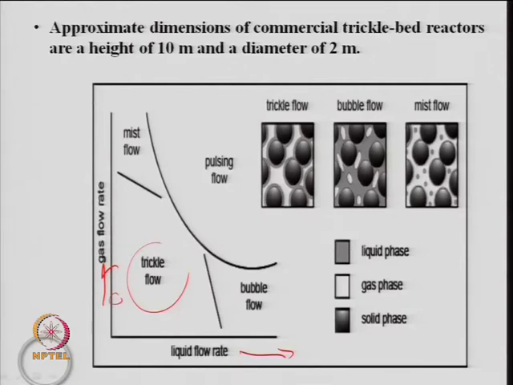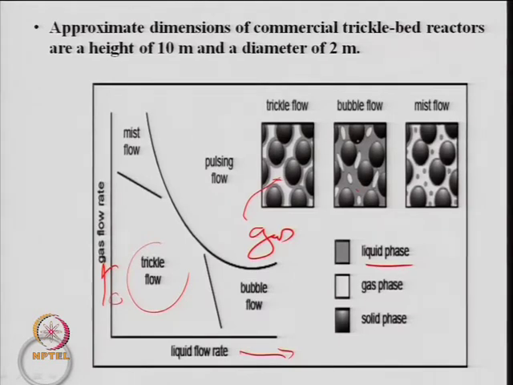This is where you can see the bubbles here, or you will have this white portion. If you look at here, this white portion is the gas phase. Here the gas phase is reduced because the liquid flow rate is high now. So, more liquid, the hold up of liquid is higher in this case. Here the hold up of gas is relatively more. So, more white spot means this is the gas here, the white patch, and this is your liquid, which is shown here. The black or gray portion is your liquid, and this is your solid.